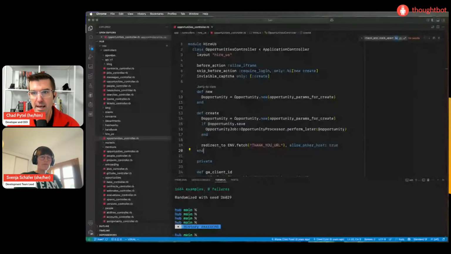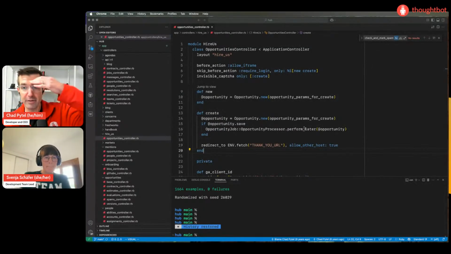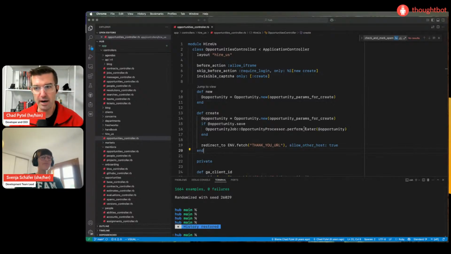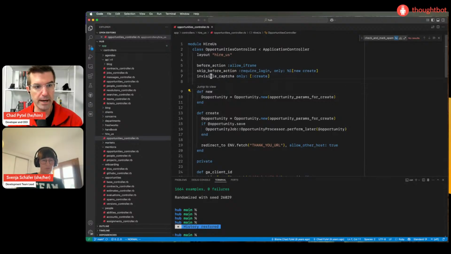So let's go over to the code and look at the current way things are, so we can get a lay of the land. Then we're back in our friendly Rails app called Hub, which we're often working on the stream. It's an internal system at Thoughtbot, and when Casper was on the stream a few weeks ago, we started our work in this opportunity processor. So this part of the code has been on the stream before.